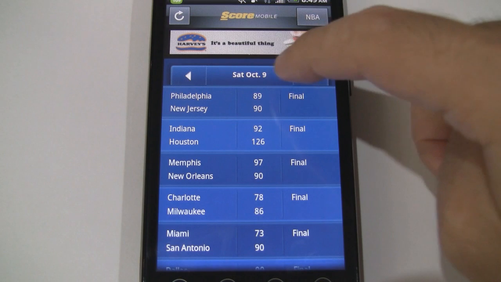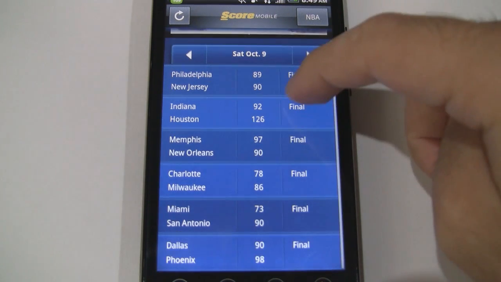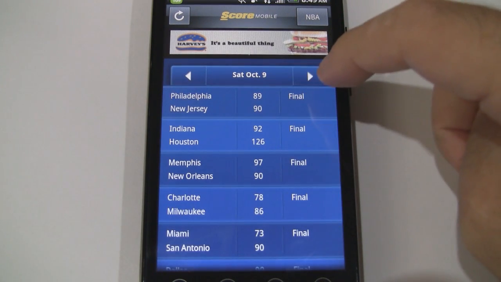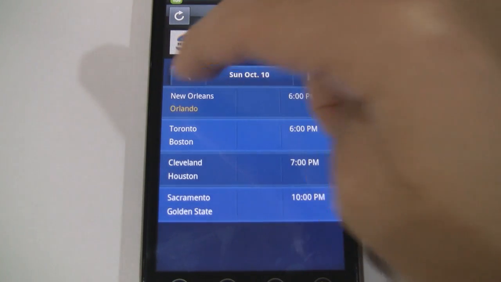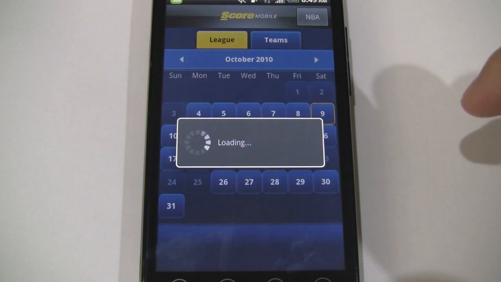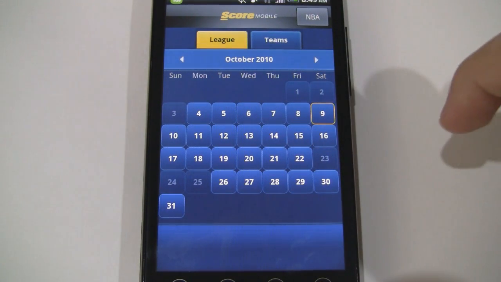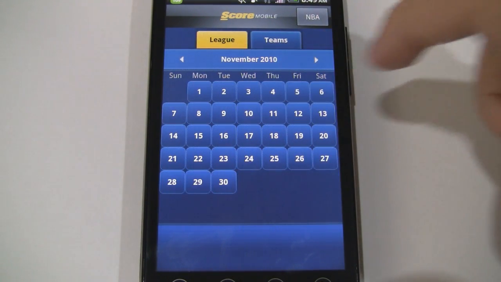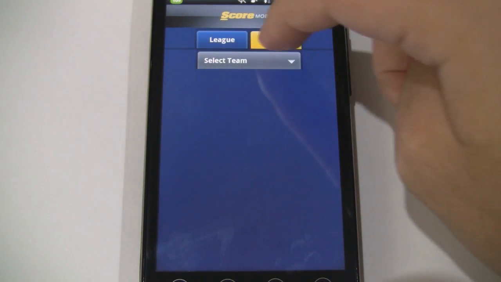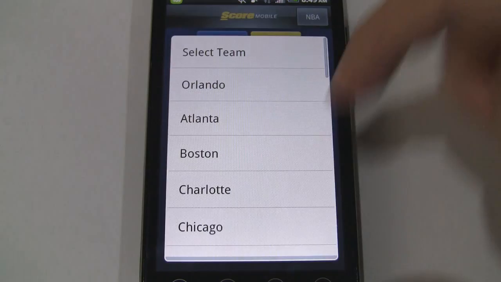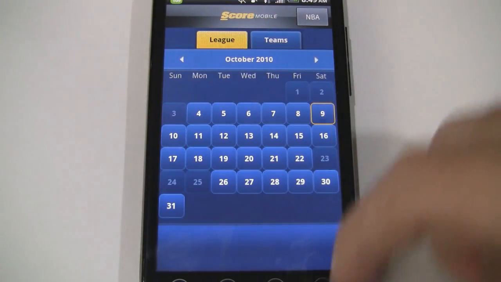At the top we have the date, so these are games from yesterday. We can jump ahead, Sunday, so some upcoming games, or we can tap on it and jump straight to the particular date. We can shuffle through the months, jump ahead, or go to teams and select a team and check like that. So we'll go back